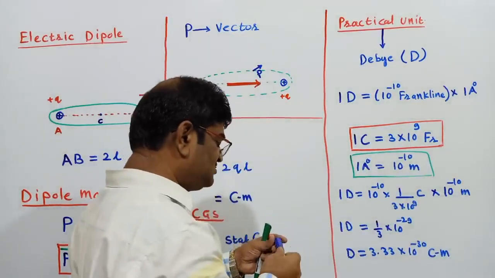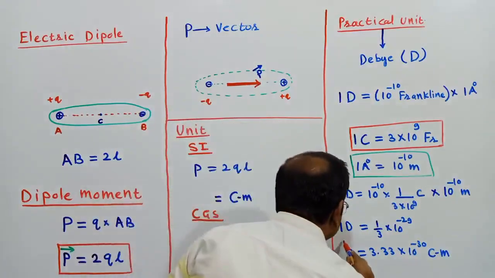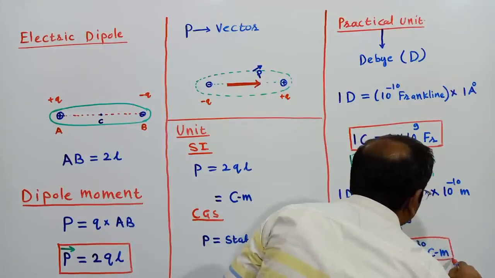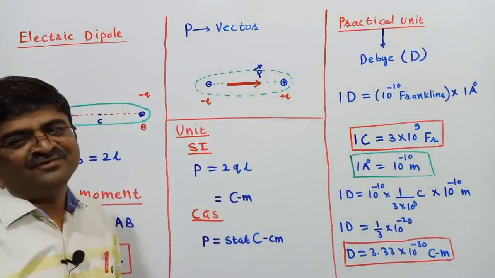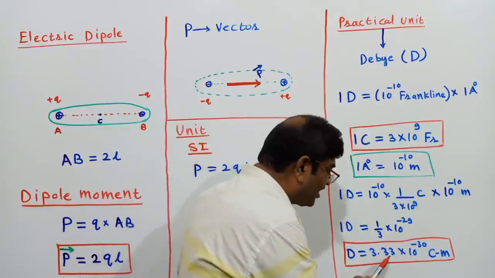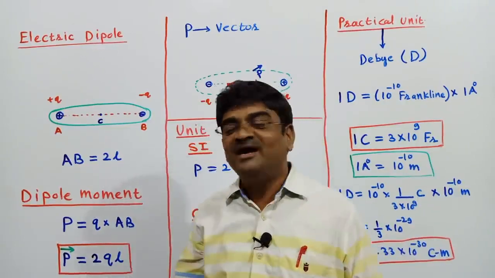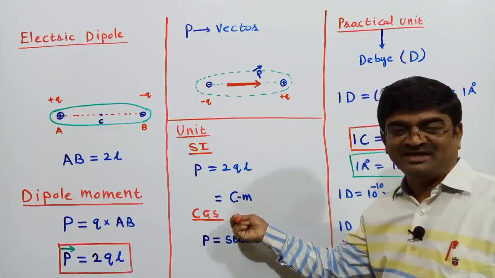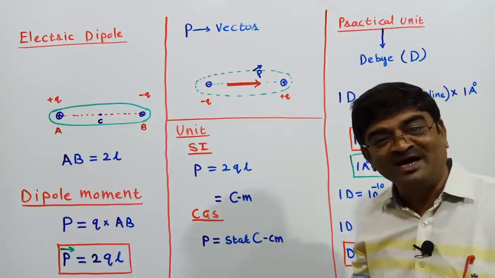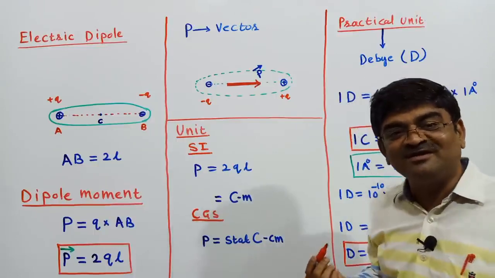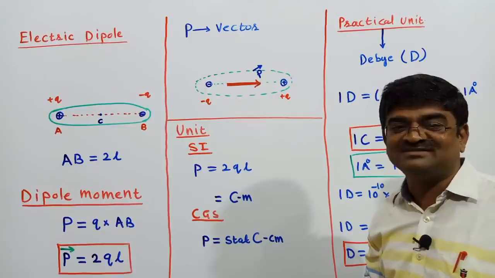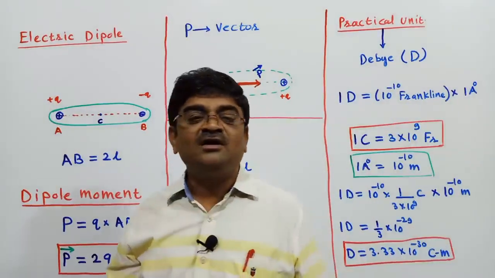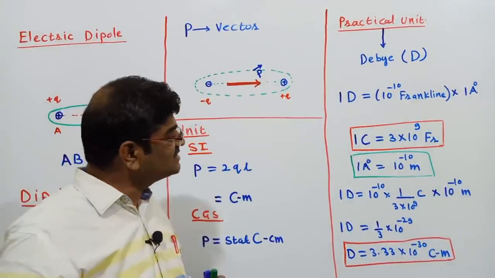So children, whenever you mention that the dipole moment of so and so molecule is 1 Debye, how much is that 1 Debye? 3.33 into 10 to the power minus 30 coulomb meter. So when I say the value of dipole moment of a molecule is 1 Debye, I mean that much in coulomb meter, that much in the SI system. So this has to be remembered, because often you find the unit of dipole moment expressed as Debye.